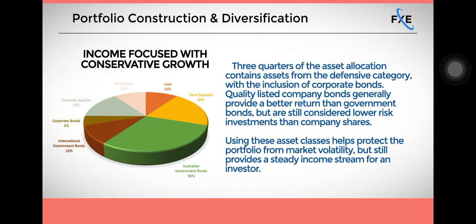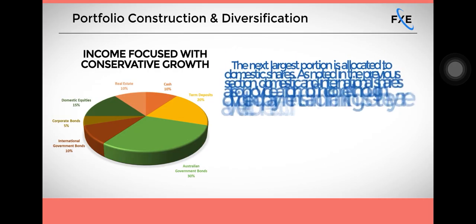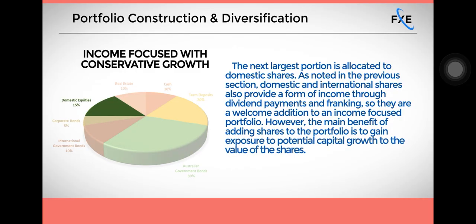Using these asset classes helps protect the portfolio from market volatility, but still provides a steady income stream for an investor. The next largest portion is allocated to domestic shares. As noted in the previous section, domestic and international shares also provide a form of income through dividend payments and franking, so they are a welcome addition to an income-focused portfolio. However, the main benefit of adding shares to the portfolio is to gain exposure to potential capital growth to the